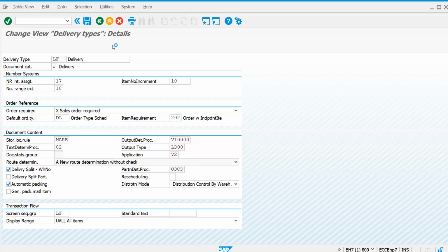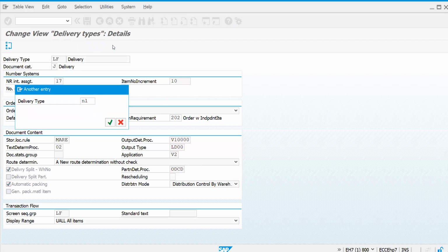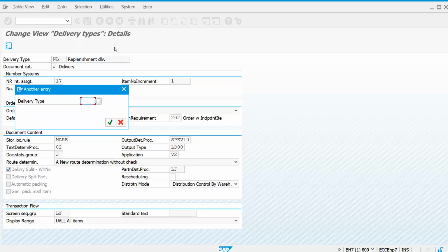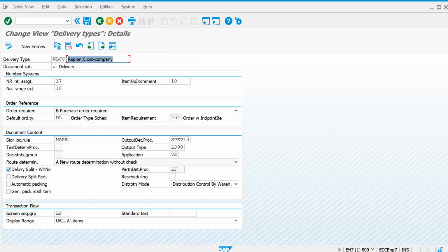In a similar manner, there is something called NL. This is replacement delivery. If you are trying to create any stock transport order, you can see it like this. If you see something like NLCC, that is your intercompany stock transfer order. So don't confuse these terminologies.